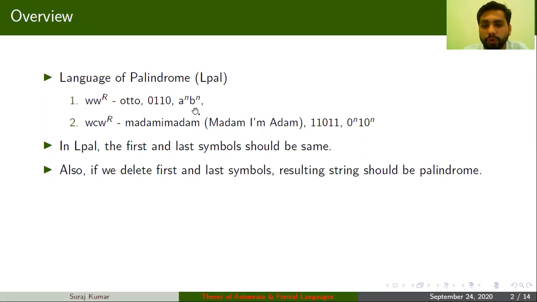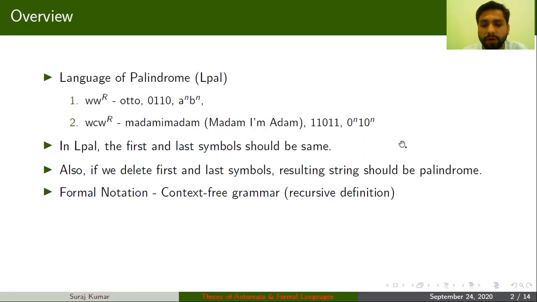Okay, so here you can see some recursiveness. That recursiveness is nothing but a context-free definition or context-free grammar. If you delete this 1 with 1, you will get 0.